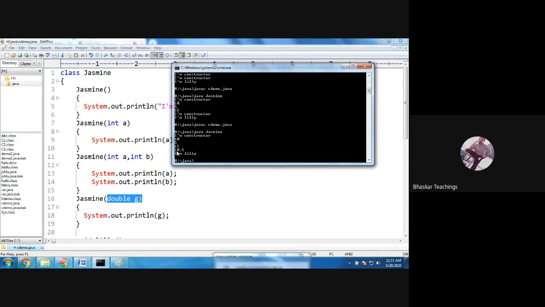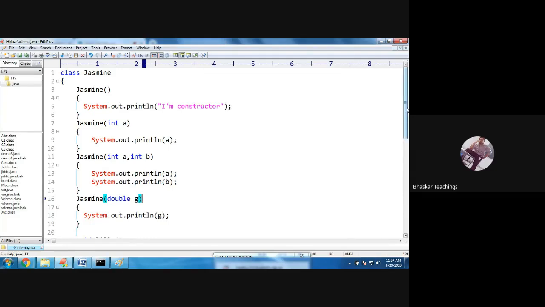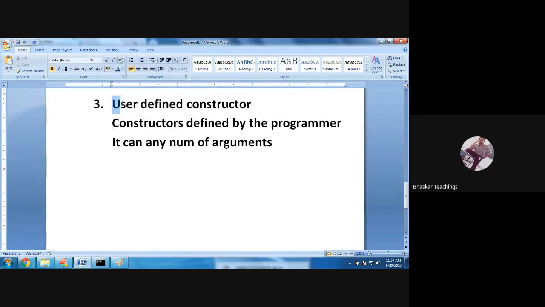There, 10.5. Okay. So this is what a user defined constructor is: constructors that are declared or defined by the programmer, the one who writes the program, us. It can have any number of arguments, and of course a constructor will be executed at the time of object creation only.